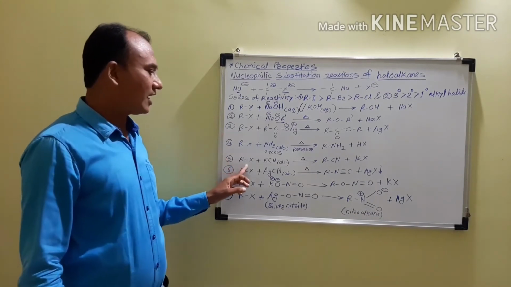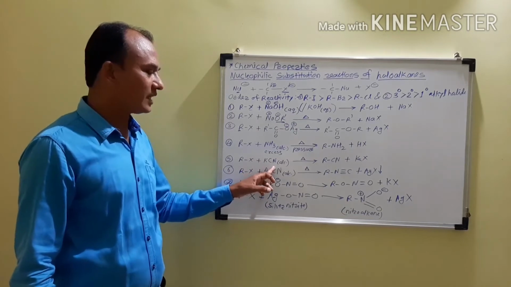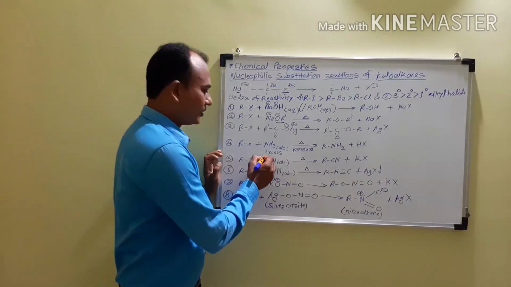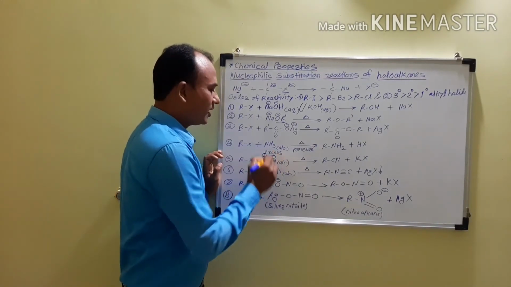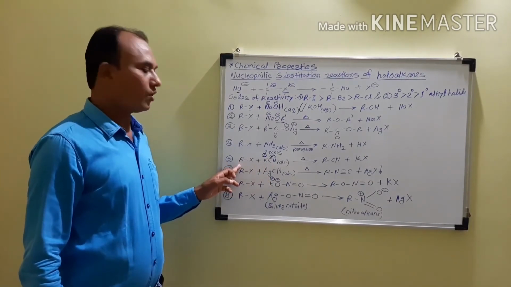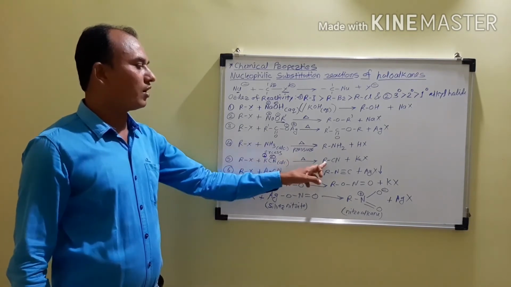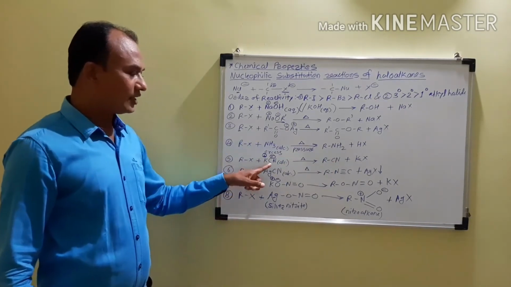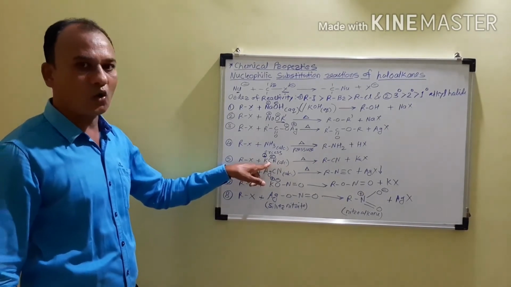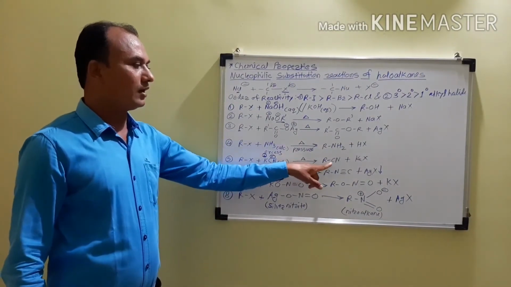In that case, when alkyl halides react with potassium cyanide, it gives alkyl cyanides. In that case, the potassium carries a positive charge, the cyanide group carries a negative charge, and this cyanide attacks the carbon of the alkyl halide, and then there is a removal of the halogen to form an alkyl cyanide. Now in that case, you have to remember, when we are using alcoholic potassium cyanide, there will be an attack of the nucleophile through the carbon of the cyanide to give an alkyl cyanide.